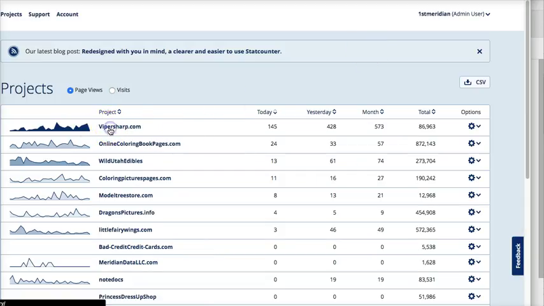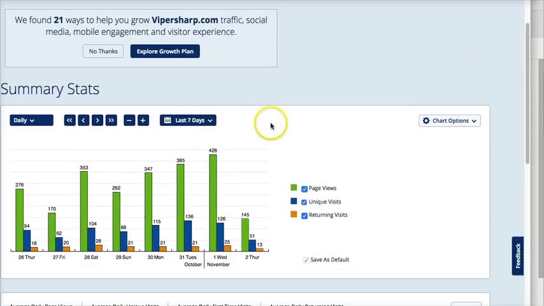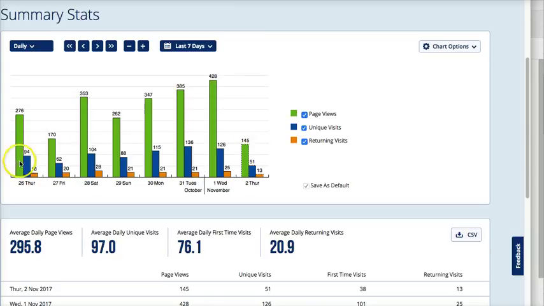So if we look at my ViperSharp.com, this is my baby, my main site that I focus on here. This gives me an overview of my traffic, and I've been working on this site for about 3 years. So it's been a little bit of time getting it built to this point, and what I see on average right now is around 90 to 100 visitors a day.